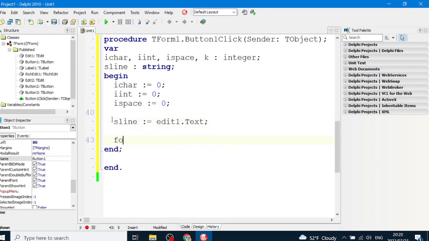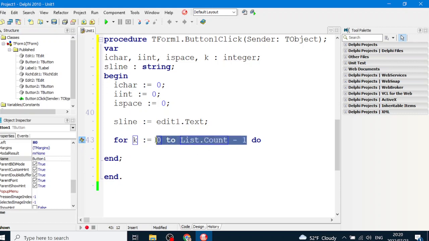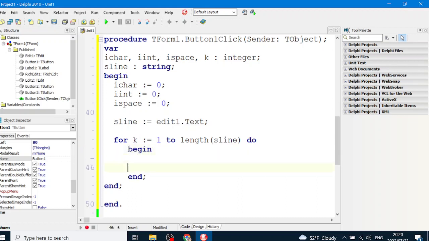Now we're going to start our for k equals 1 to the length of sline, and the length will return how many characters there are, the value of the last character, and then we're going to use our case. It's easier. Case sline character k of,